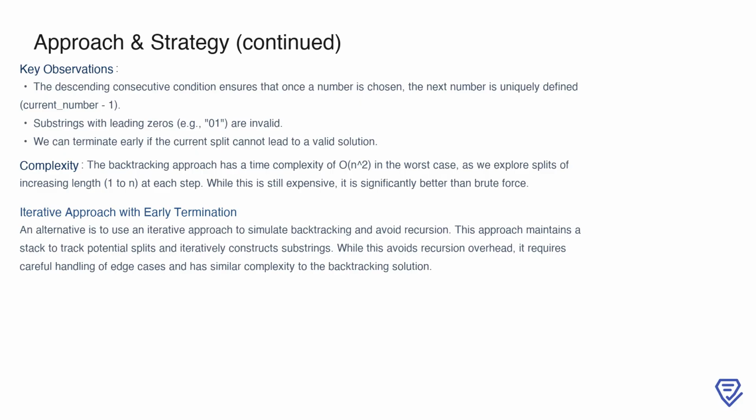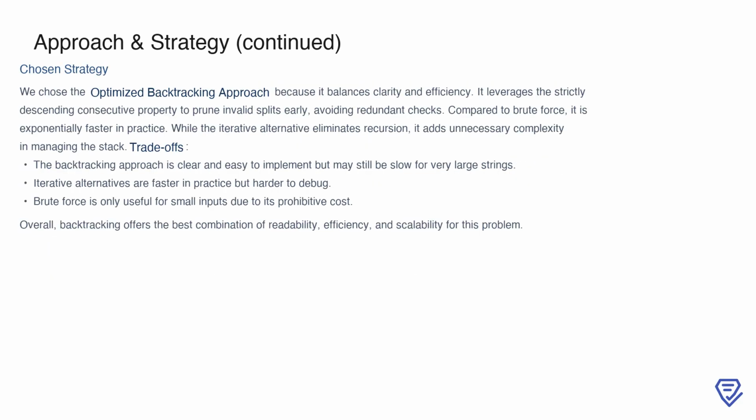While still expensive, it is far more efficient than brute force. Additionally, we could consider an iterative approach that simulates backtracking using a stack, which avoids recursion overhead but requires careful management of edge cases. Both methods have similar complexity, but the iterative version introduces extra implementation complexity. The strategy we chose to implement is the optimized backtracking approach. This method strikes a balance between clarity and efficiency by leveraging the descending consecutive property to prune invalid splits early